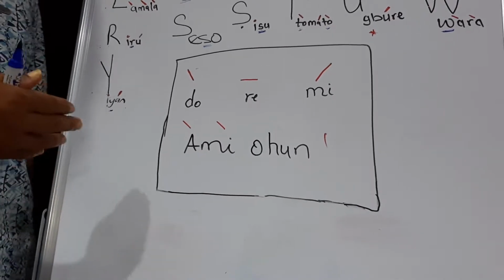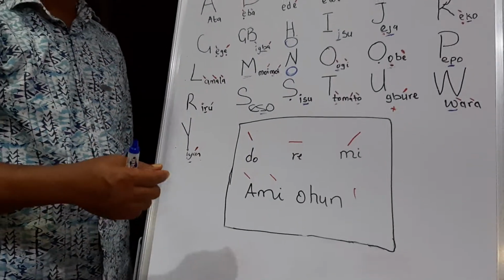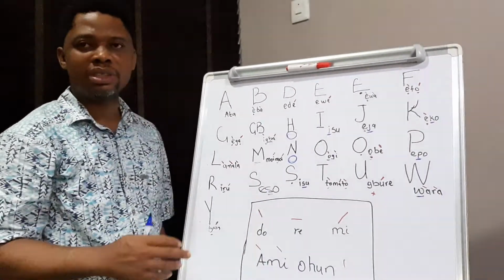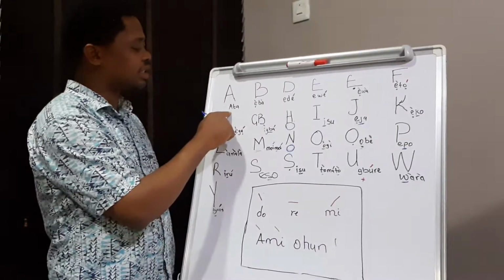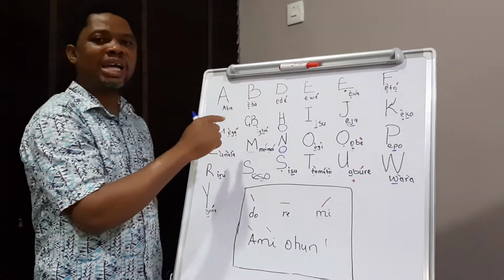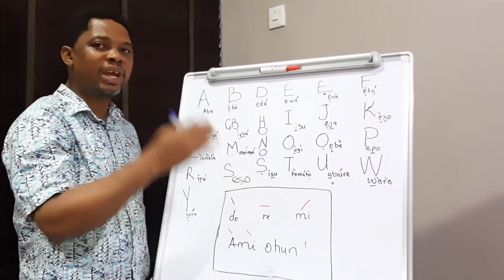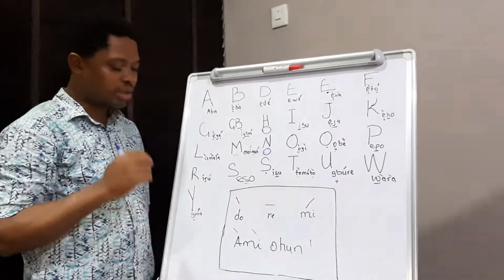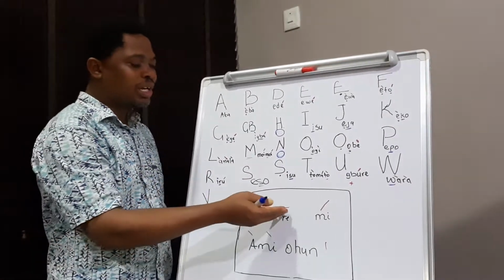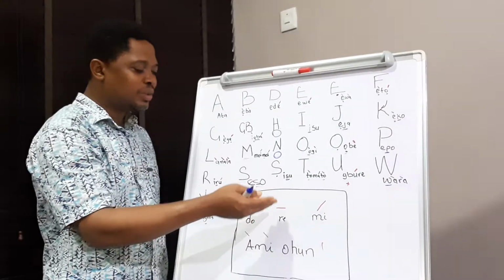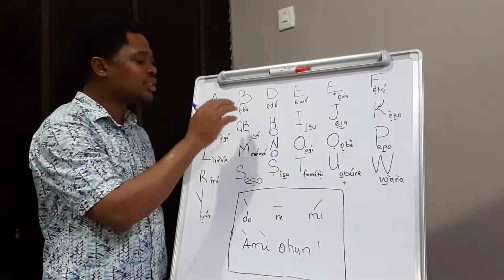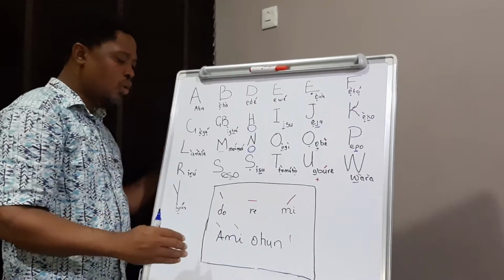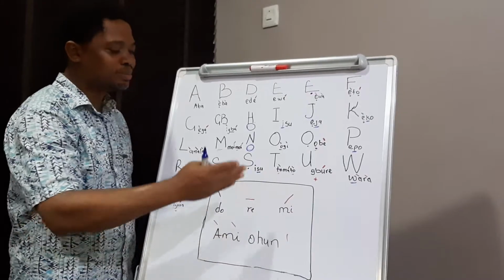Most of the time when we write our words, we don't put the re sound. So anytime you see a word like this, ata, you will know that the pronunciation will be re, because there is no sign at all on it. So we don't necessarily have to write re on it when we are doing sign. But when you see the one facing the left, it is do. And the one looking at the right is mi.